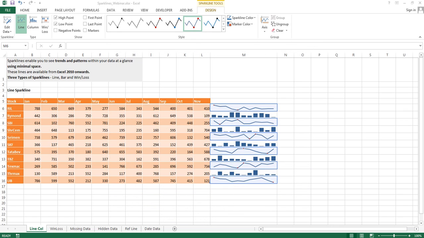Okay, so now let's see the third type of spark lines, which are called the win-loss. Now the way win-loss spark lines come up, they are not meant for showing you the trends at all. You cannot analyze anything trend wise, but what they give is basically an answer like true and false or 0 or 1. It's like a binary answer that they provide, whether it happened or it did not happen. So I'm going to pick another set of data for showing you the win-loss.